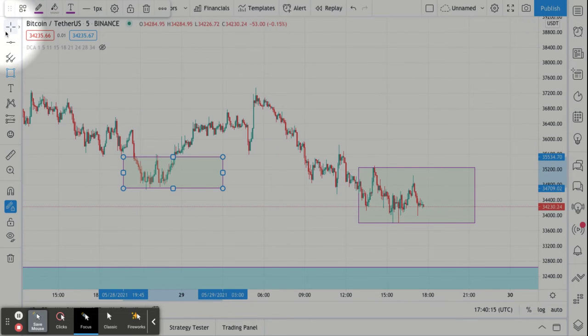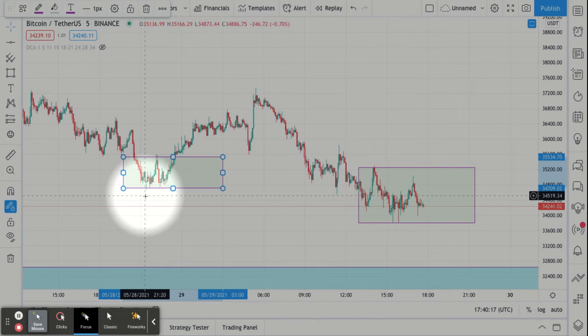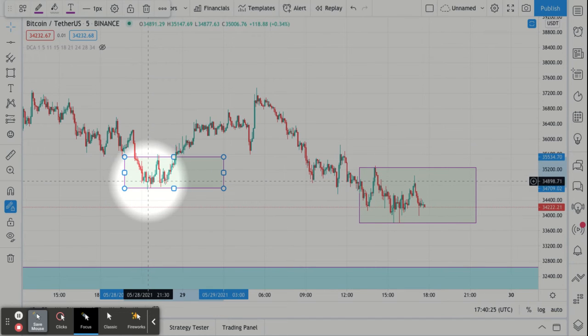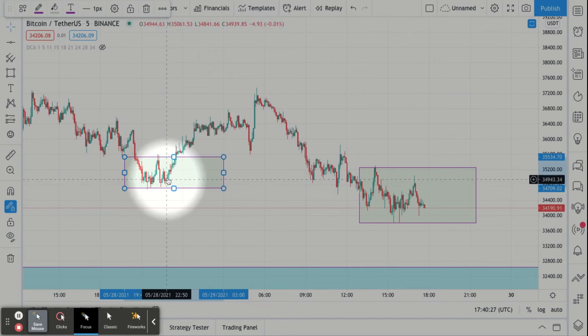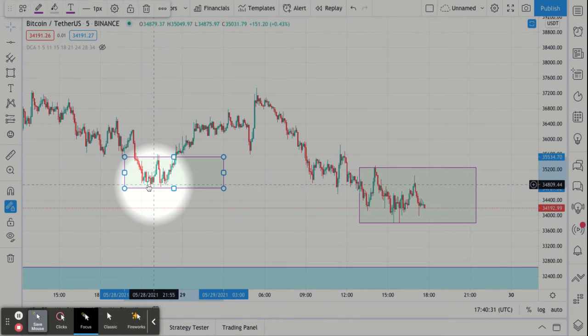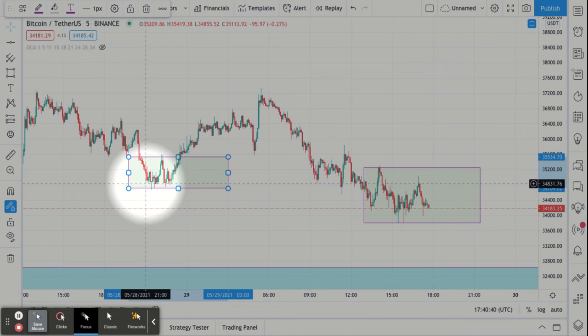So what I want you guys to look at on this is, do you see how it comes down? This price comes, and I know this is in the past, but this price comes down and then it hits in the same area quite a bit. It may jump up, but it comes back down and hits in the same area. Again, this is on a 5 minute. It is testing that area. So testing this area, around the 34